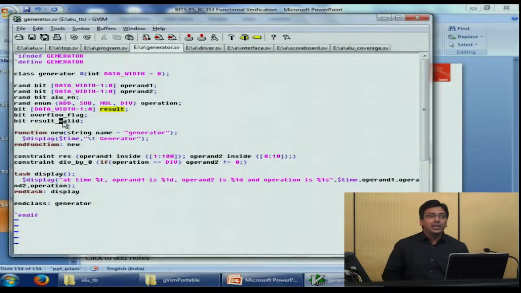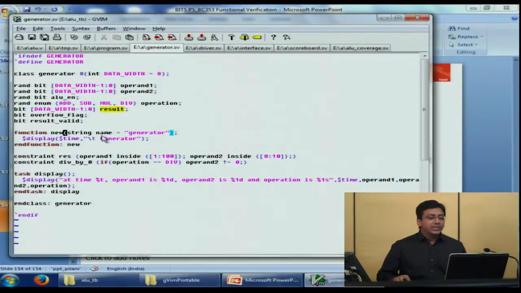We just want to randomize the inputs of the DUT, pass them to the DUT, and take the output from the DUT, because these will be driven by the DUT, and pass them to the scoreboard. So these 3 are present in the generator to be a part of the same object that can be used across components in the verification environment.